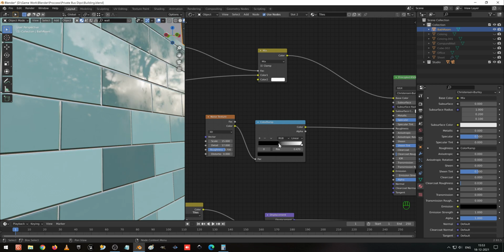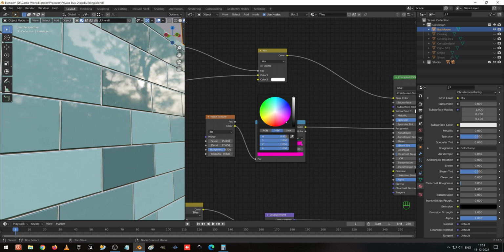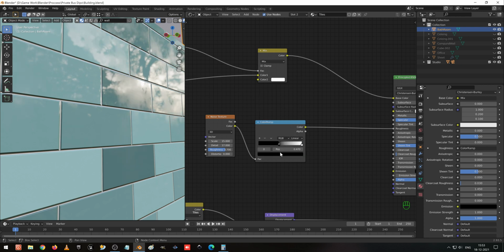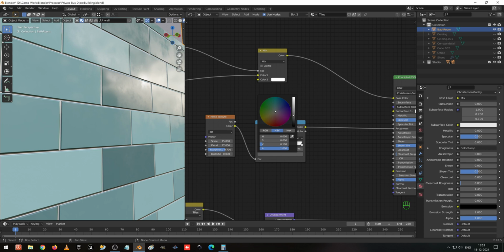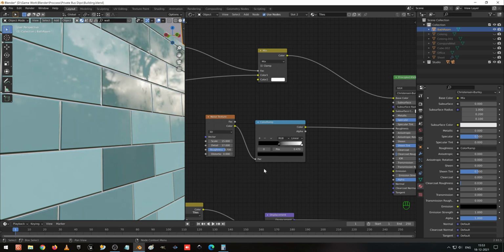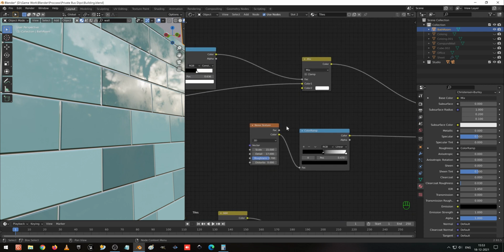Let's try this color, make it red. Okay, it didn't come correctly. So we can check it with this red, black, make it white. Okay, this one we should not change actually, because this is the fact which gives the actual texturing for us.